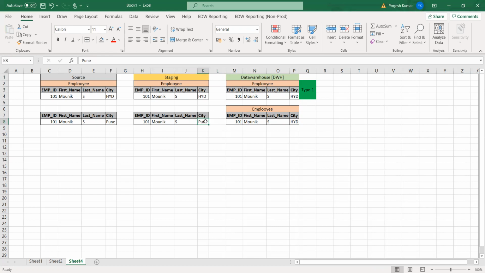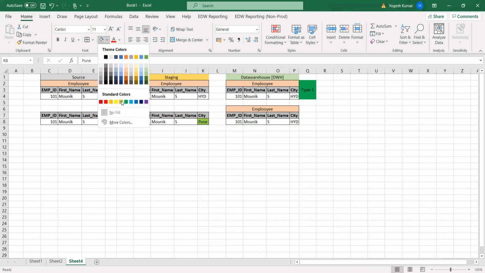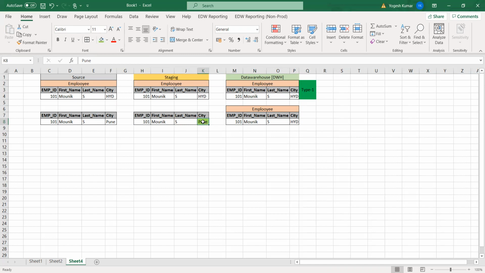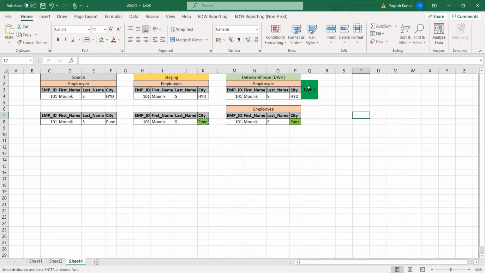First name matches, last name matches, but there is a change in location, in city. So it will copy the location from your staging and update the location in the Type 1 table in your data warehouse.